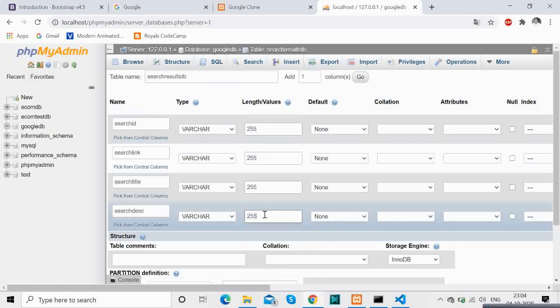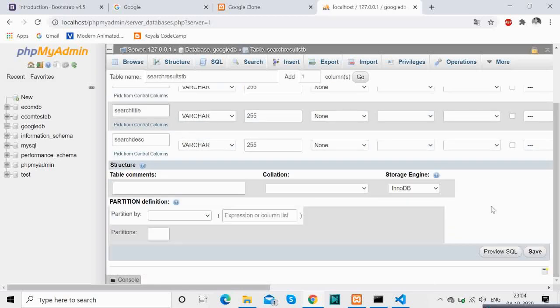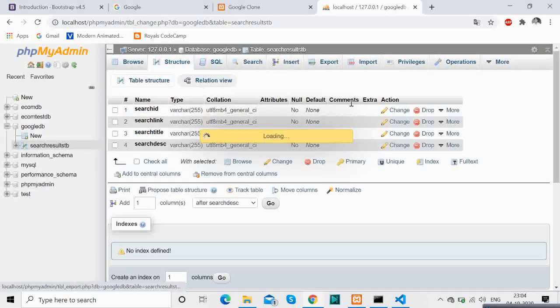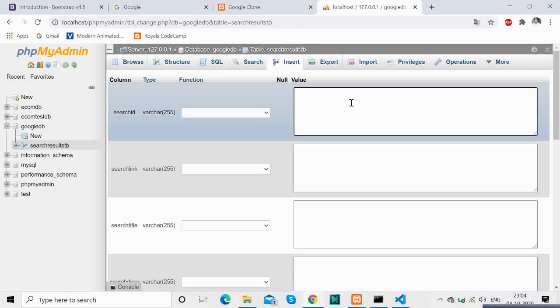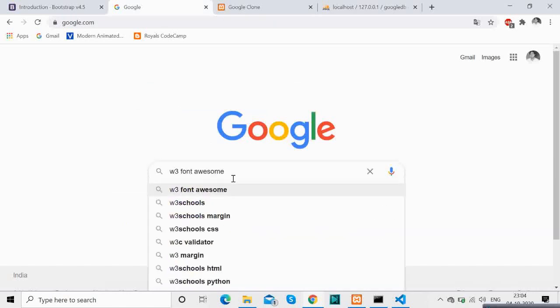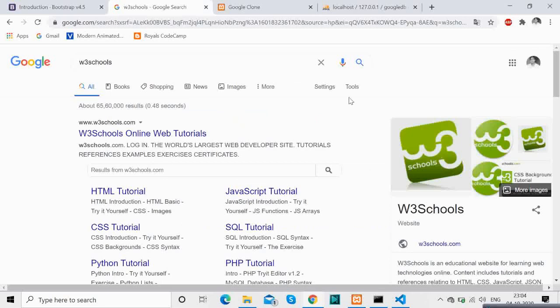Okay, so we are inserting some data, so that at least we have some data to show, to see if that is working or not. Basically I am copying some data manually. Whatever I am doing here manually, this exact thing is actually done in Google using web crawlers.